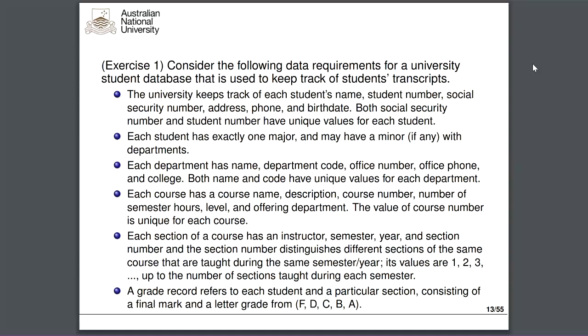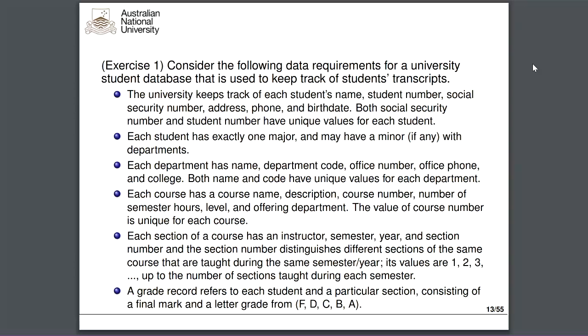And then the next one is that each course has a course name, description, course number, number of semester hours, and other information. Now, what can be unique? In this case, it is the course number. And then the other part: each section of a course has an instructor, semester, year, and section number, and other information